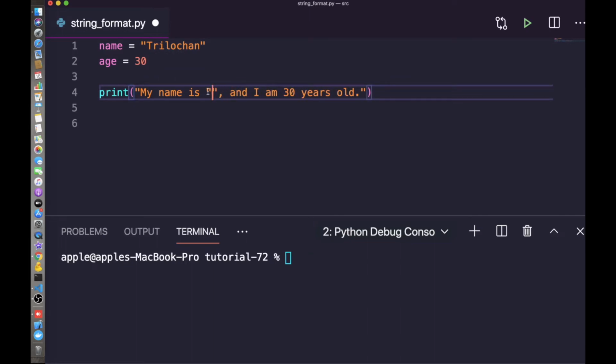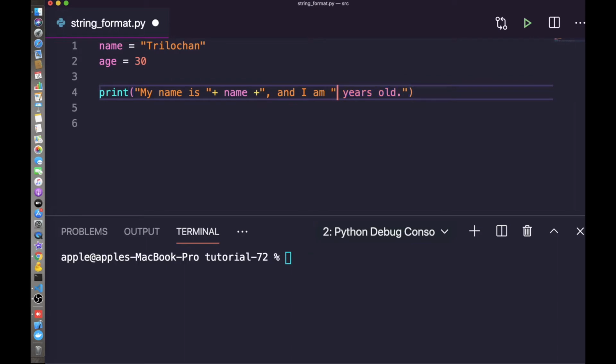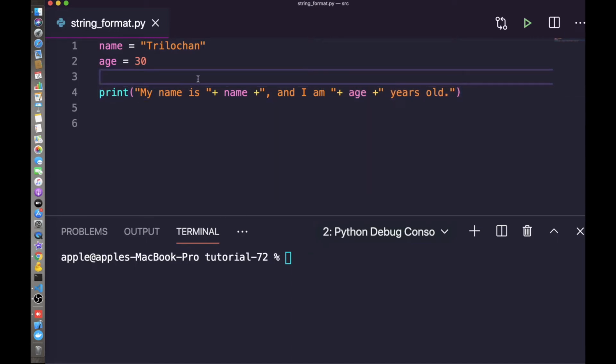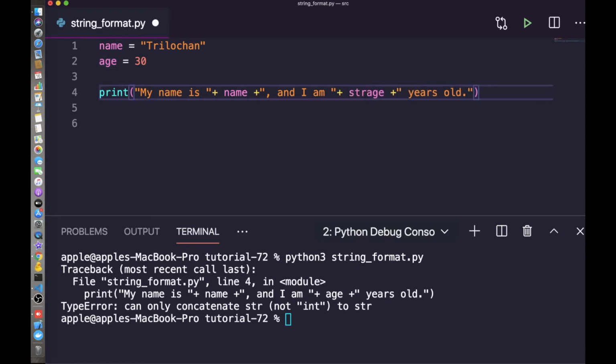So for that we have to use the plus operator to concatenate two strings. Here "my name is" is one string and here name is another string. Okay, here if you put age, but this is an integer, right? Unfortunately, a solution like this won't work. If you try to run this code, you will get a nasty error that looks like a type error, right? So for a small string this is probably fine, but it is not super readable. Also it's really easy to forget spaces on either side of the variable we are concatenating, right?